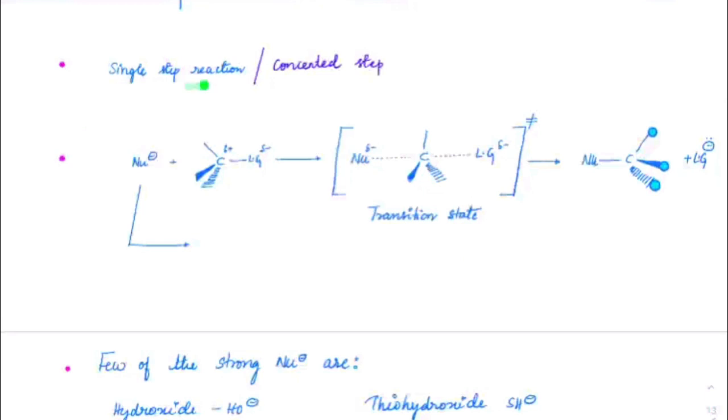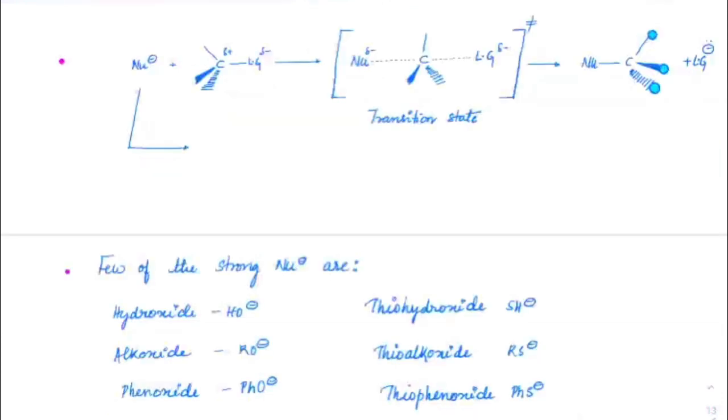Yes, it is a single step reaction and it is a concerted step. So we know that. And now think about it. If the nucleophile attacks here, as the nucleophile is attacking,